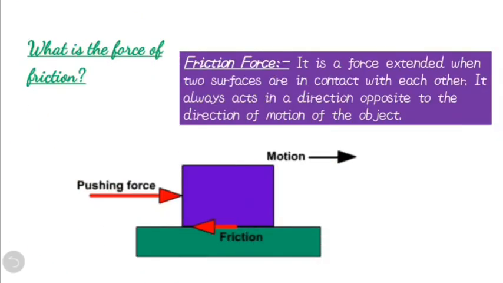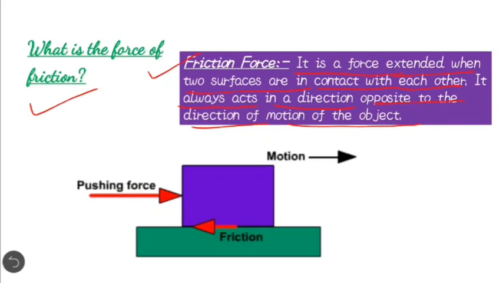Today our first topic is what is the force of friction? It means what is friction force? It is a force exerted when two surfaces are in contact with each other. It always acts in the direction opposite to the direction of motion of the object. It means friction force is the force which opposes the direction of motion when two objects are in contact with